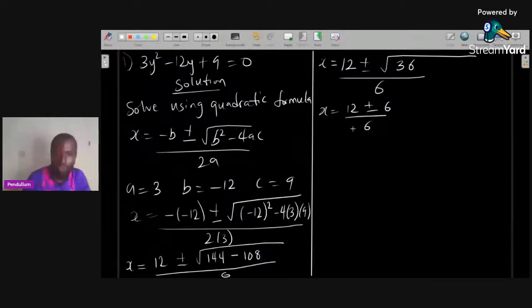Now this tells you that you have two answers, which is either x equals 12 plus 6 over 6, or